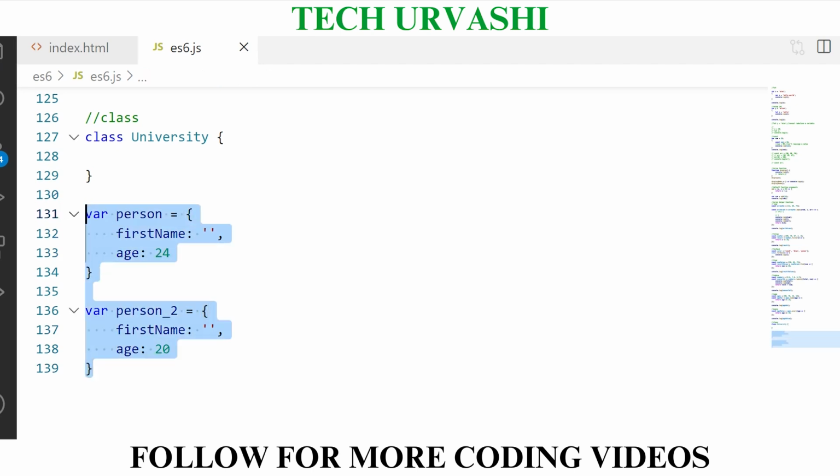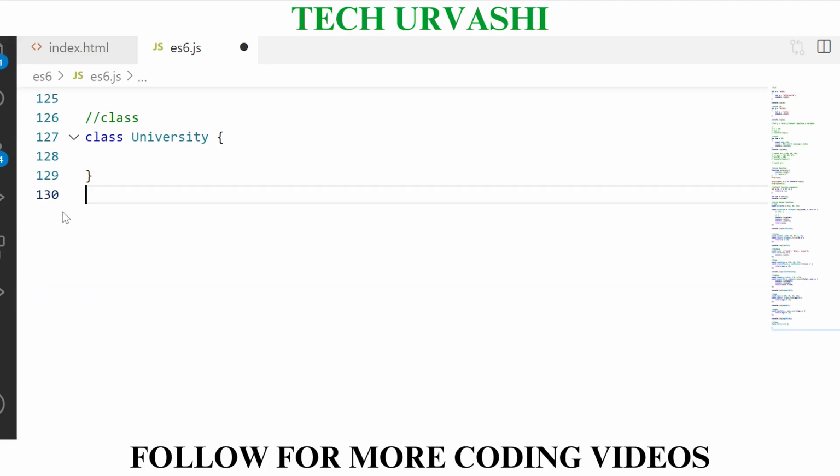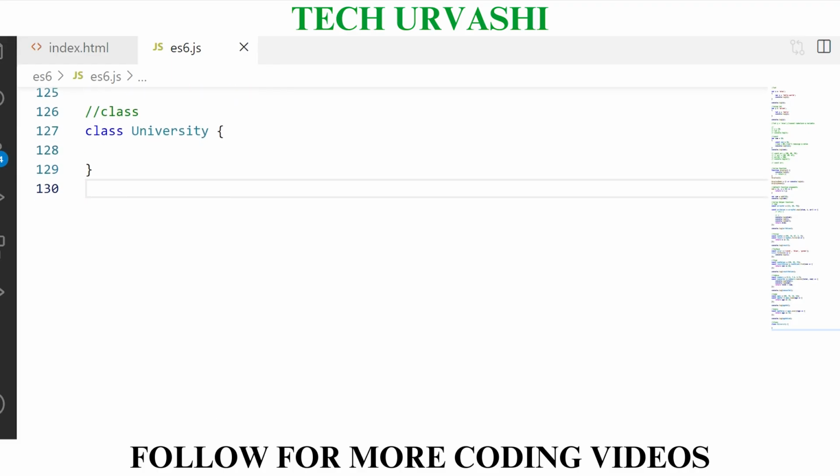This is the reason we need a common generic template structure which can handle all the data in one go. If there are 10,000 students who want to take admission, I can't create 10,000 objects, one for each student. Instead, I can just create a template, that is, a class. I just have to make sure every student enters the data, and I don't have to create the same properties again. Repetition should not be there. As a developer, we need to focus on all these things. These features were not there in ES5 or older versions of JavaScript, but in classes we have them.